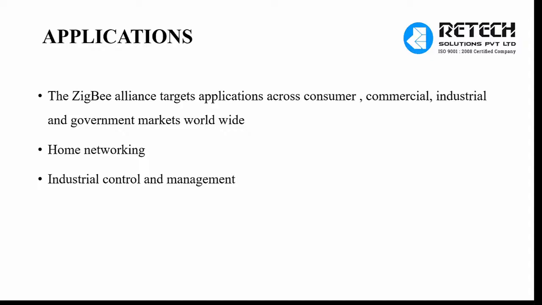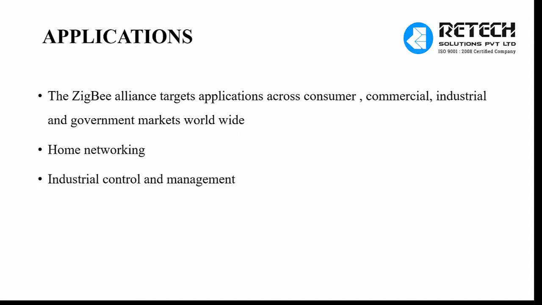If you want to form a network within the office, you can use the Zigbee, or in the home you can use the Zigbee. So it will give you the network connection to all of the devices. So these are all the applications of the Zigbee.